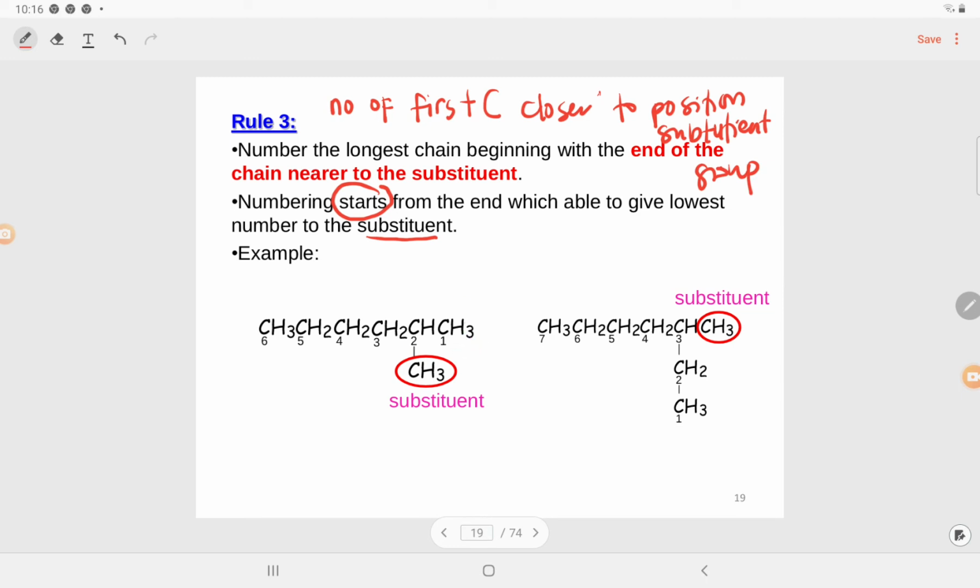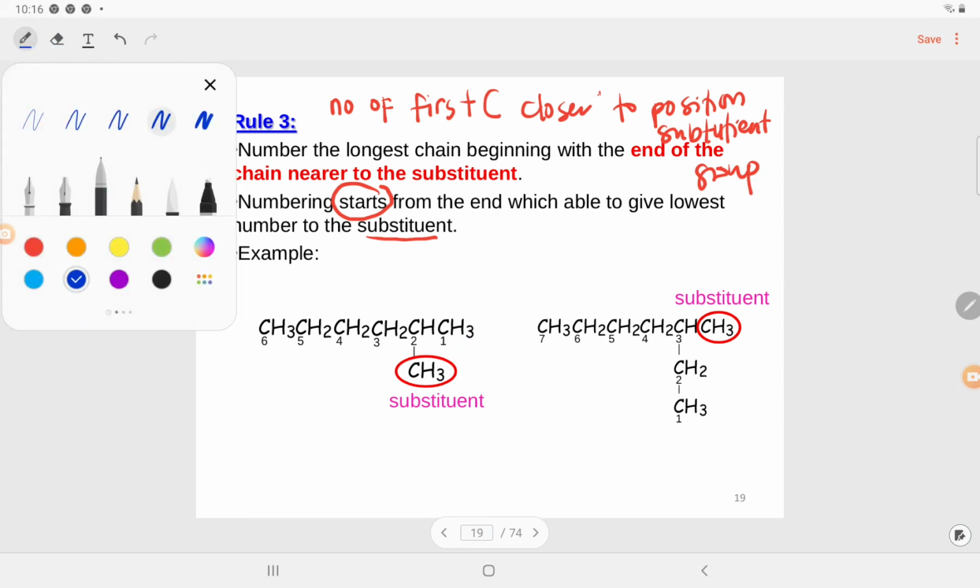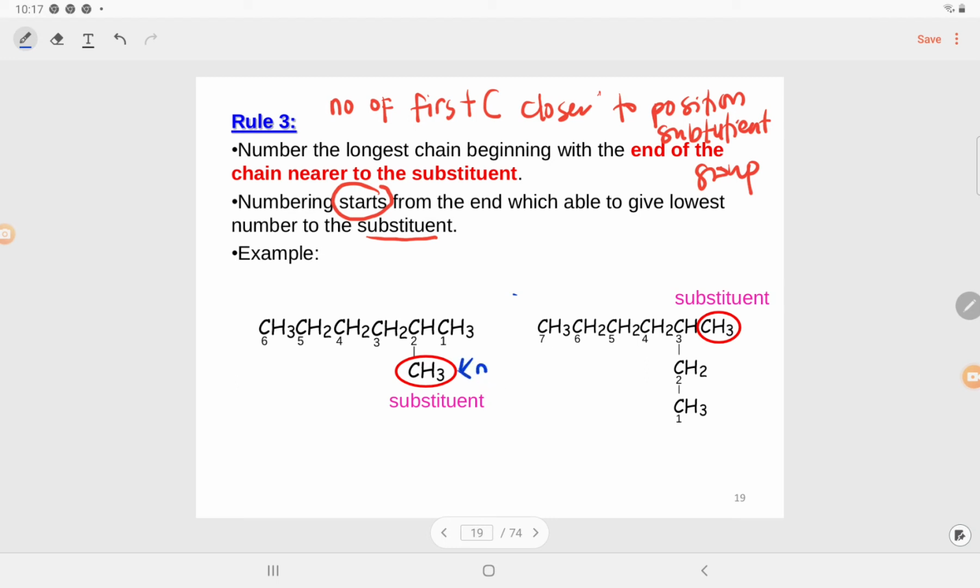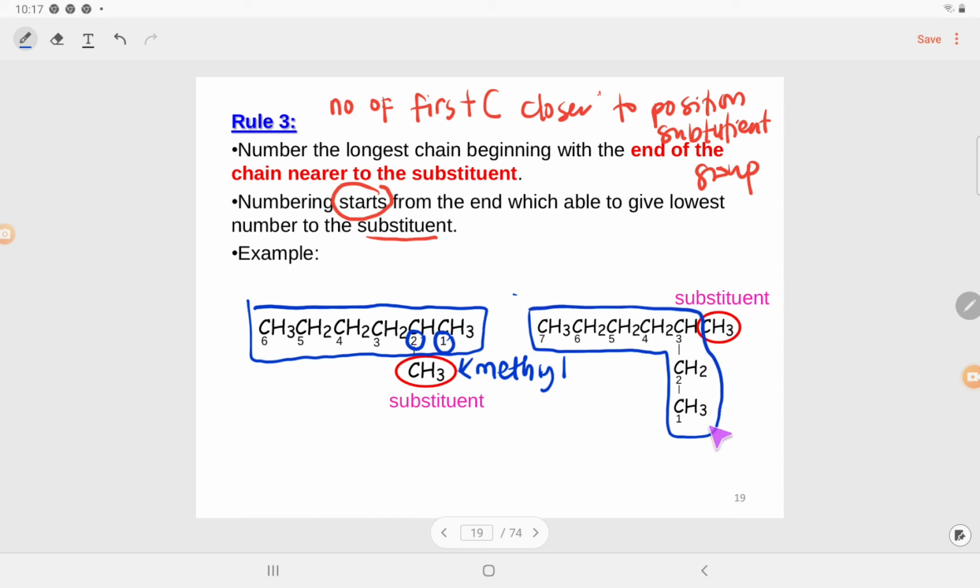Okay, so this is the numbering for the carbon atom. Our substituent group is methyl, so your first carbon must be numbered at the end of the chain closer to the methyl group. This is why the first carbon is here, and the longest chain we have is 6 carbon atoms. So we can label the substituent-attached carbon as number 2. Similarly here, the longest chain consists of 7 carbons, and your carbon number 1 must be closer to the first substituent group. So this is why number 1 is at the